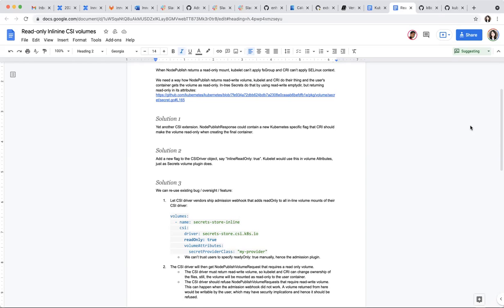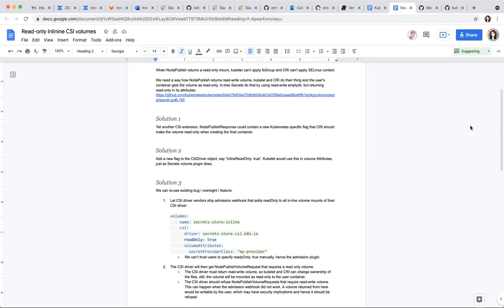Right. So in what case will the driver ignore, or should the driver apply read-only? The driver got a node publish request with the read-only flag, and it provided a read-write volume instead. So it ignores the read-only flag from Kubernetes. It always ignores it.